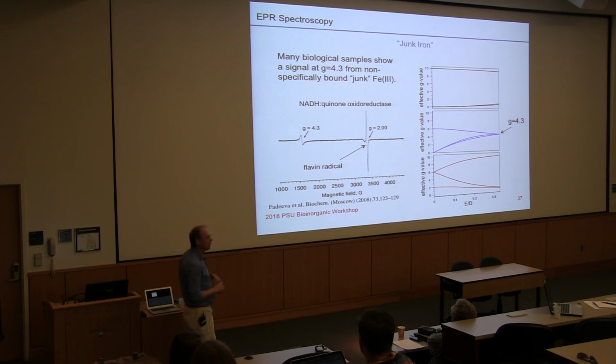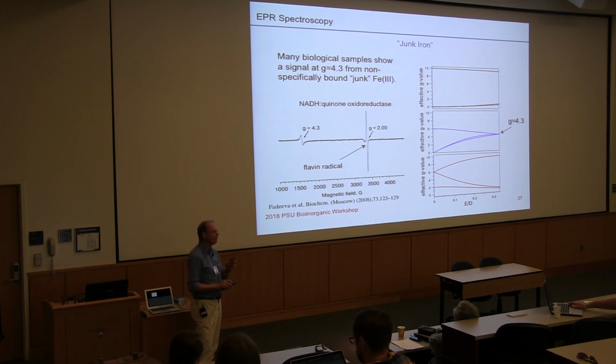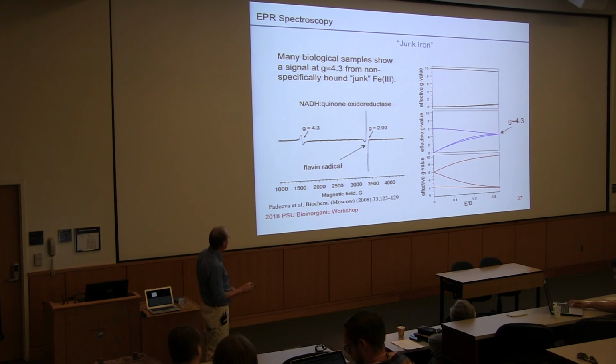These features are really typical of what's known as junk iron. If I have an organism or a protein that I'm trying to isolate and there's iron present, it's common for iron to bind to the exterior of the protein in some undefined binding sites. And if we look at the rhombogram for spin 5/2, which would be for iron(III),